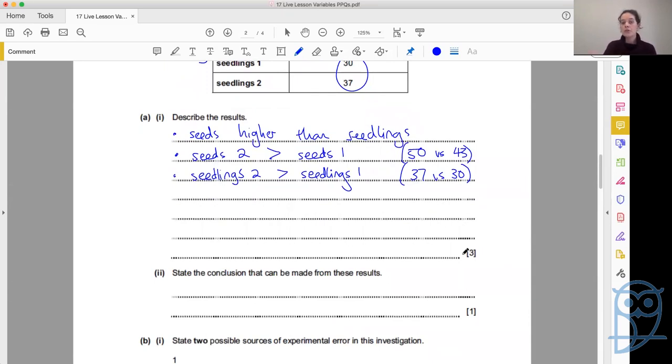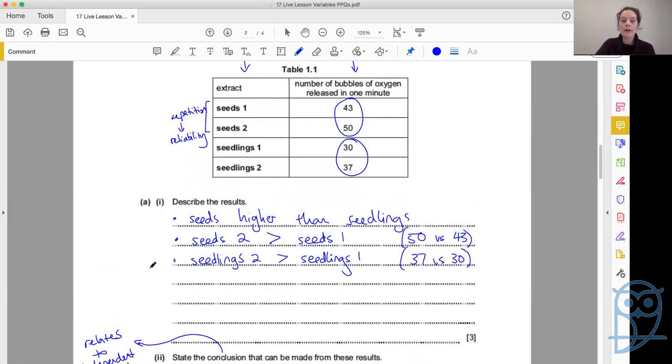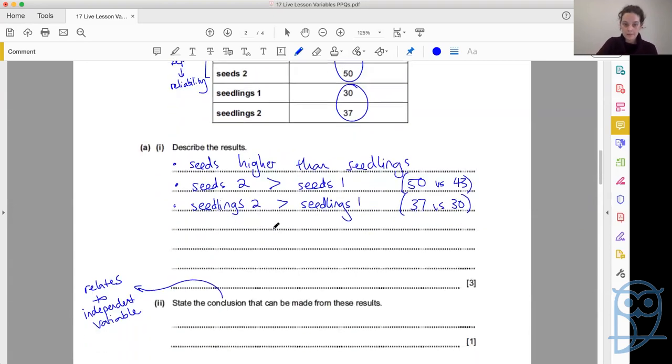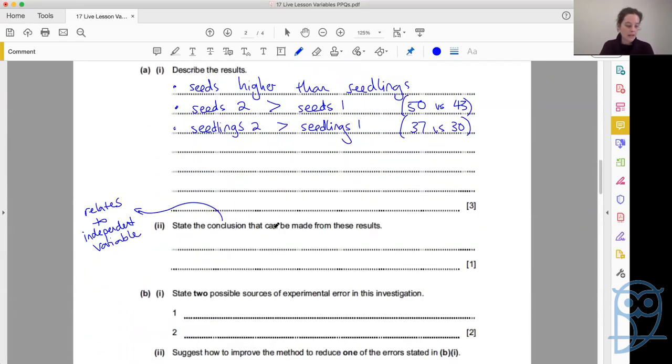Okay, so we don't want to talk about what's within seeds and within seedlings here. For a conclusion, we want to look at what is happening, what is the difference that our independent variable makes. So our conclusion here relates to the independent variable. Our independent variable here is the source of our extract, seeds or seedlings. So we want to then say that if we have more oxygen bubbles produced, then we have more activity of enzyme. So catalase